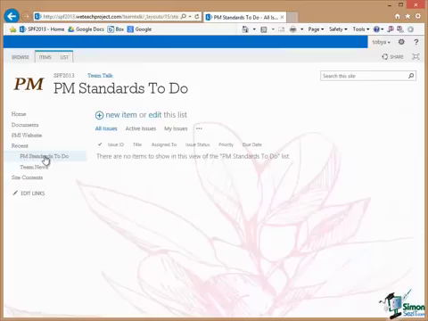Of course we don't see the settings, we see the list itself, and at the moment the list is of course empty because I haven't added any to-do items yet. And the next thing I'm going to do is to add an item to this list. Now one thing to point out here is that we're seeing a default view of this list,